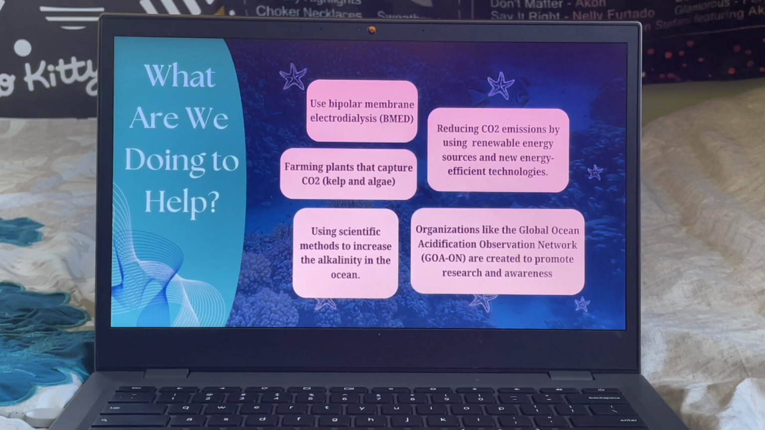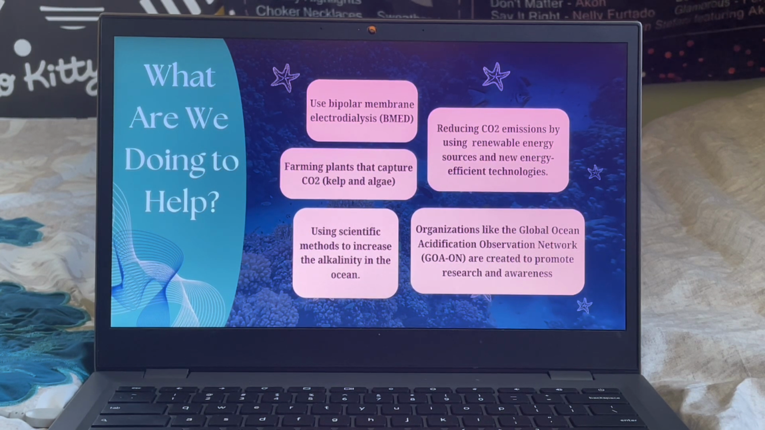There are many things scientists are doing to try and help the problem. These include using bipolar membrane electrodialysis, which is a newly developed technological process that uses electrical fields and ion exchange membranes to separate and concentrate ions. Farming organizations and volunteers are coming together to plant carbon-absorbing organisms in the ocean like kelp and some algae. More research organizations like the Global Ocean Acidification Observation Network are committing to the monitoring and future solutions of ocean